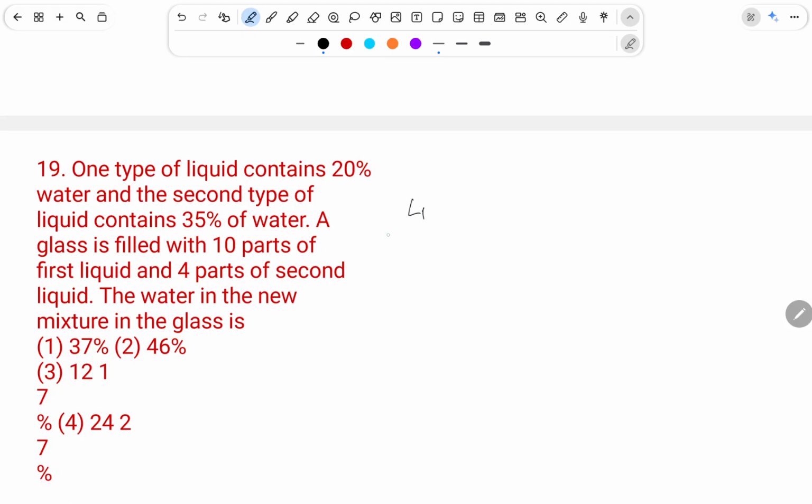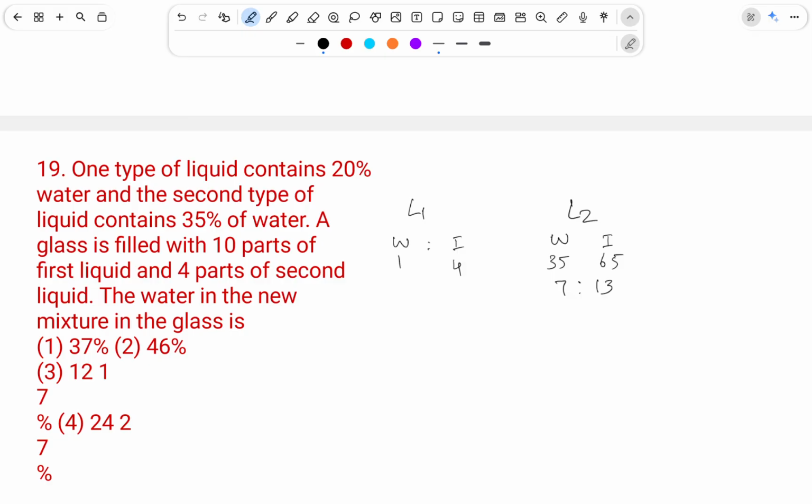1, 20% of water means water is 1 and the other is some impurity. And 20% means the other is 80%, which means the ratio is 1 to 4. Then liquid 2, water 35% means the other impurity must be 65, so the ratio is 7 and 13. So what they are asking is, a glass is filled with 10 parts of first liquid and 4 parts of